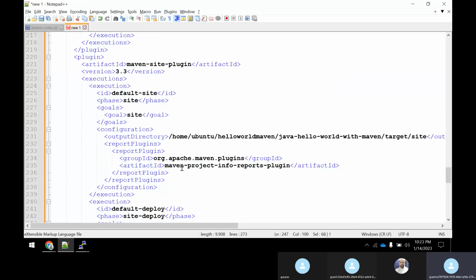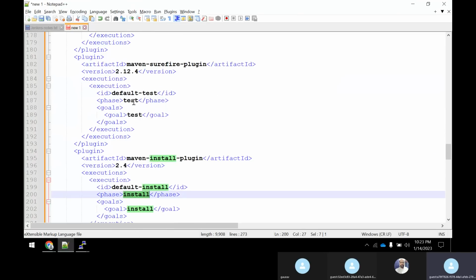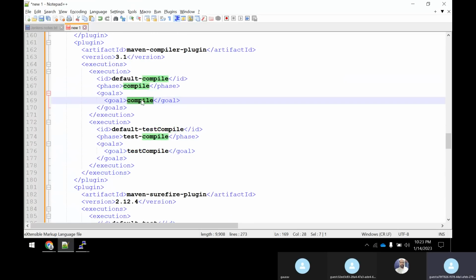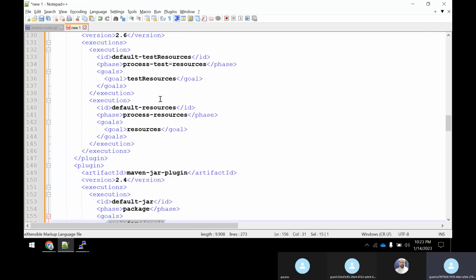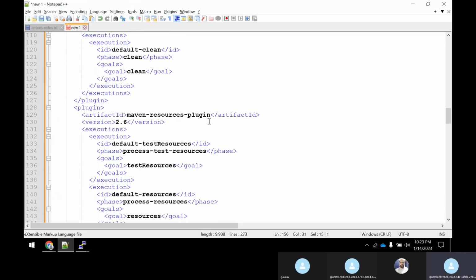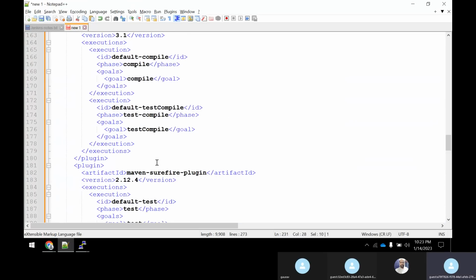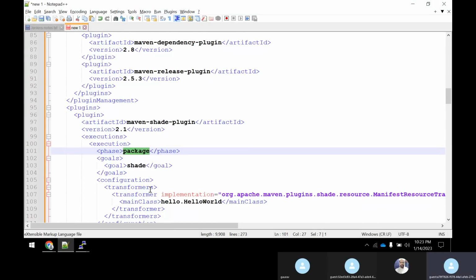Apart from that, what are the other things? We know something like mvn compile and all. Let us see mvn install, mvn test, mvn test-compile, mvn compile. Whatever you do, after you build a project, you'll get a jar file. By default the packaging is a jar file. If it is a war or ear, then it would have created an ear or war. So like that, this is a super POM, guys. This is the main POM, and each and every goal will have something like an output directory, right? And if you scroll up, you will get mvn package, where there is an output, everything you will see here.